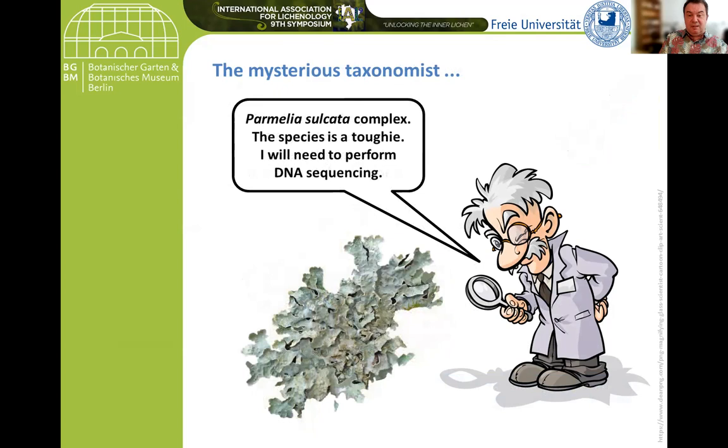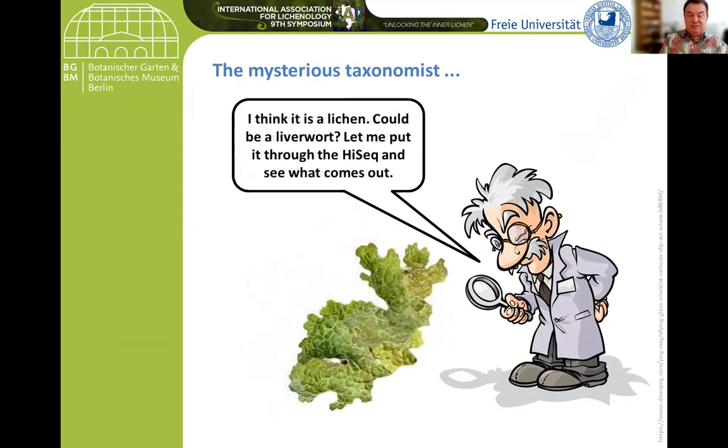Now, if we have a more frequent situation of cryptic speciation or homoplasy, for example, here in the Familia succata complex, we will, in most cases, not be able to ascertain the species without DNA sequencing. And that is okay. If you want to get to the exact species, there's nothing else we can do. We need DNA sequencing. But what we don't want is this situation, where basically taxonomic expertise is completely lost and taxonomy is automated and people think we can throw everything into a sequencer and see what comes out. So actually, this is not desirable.